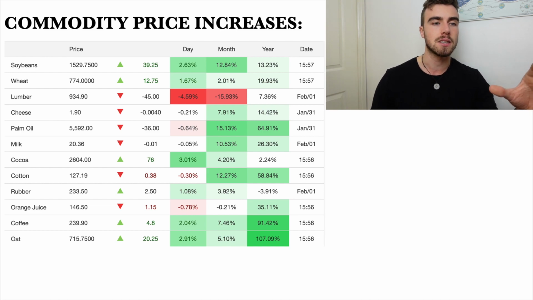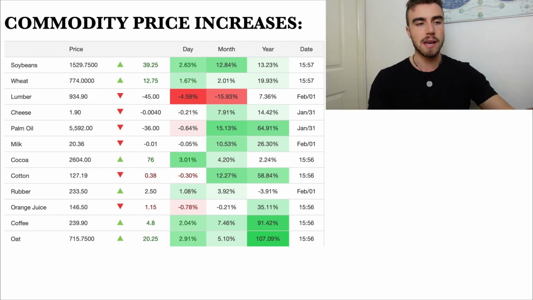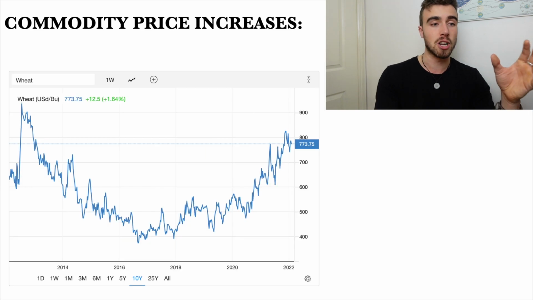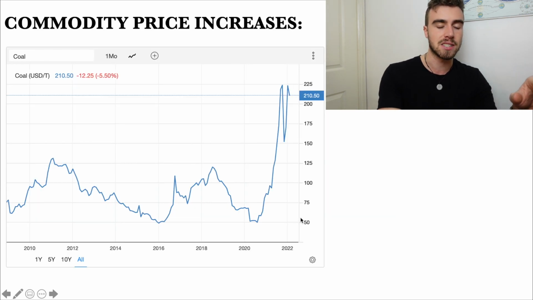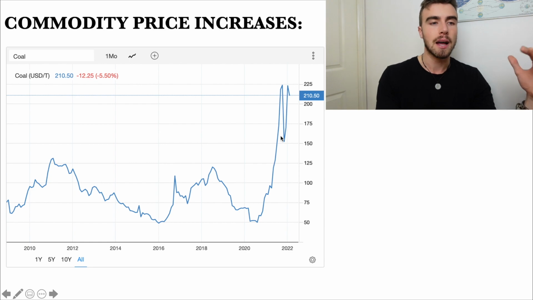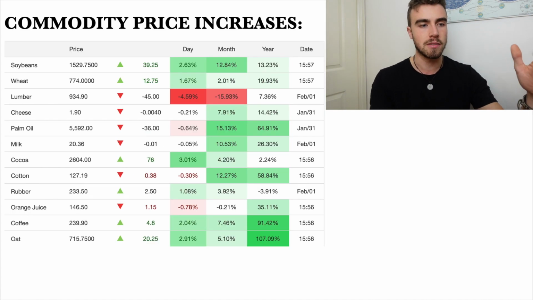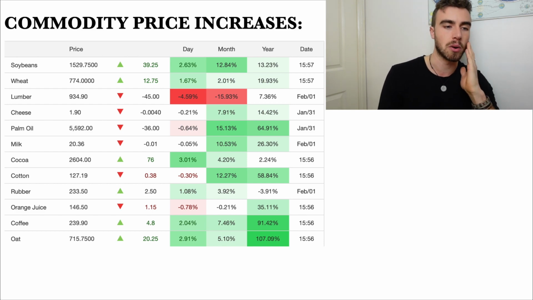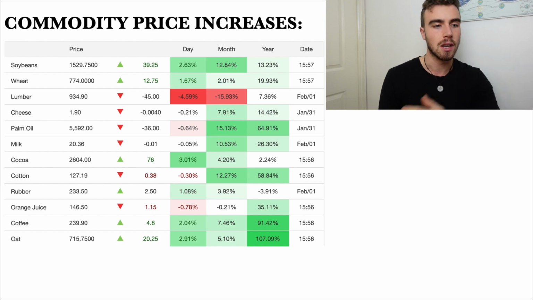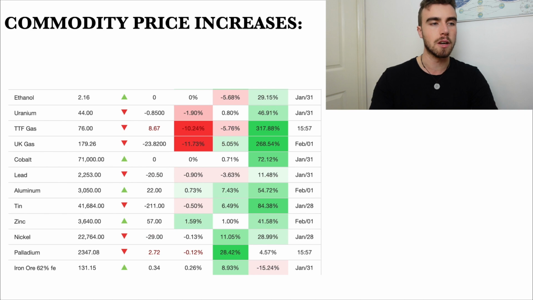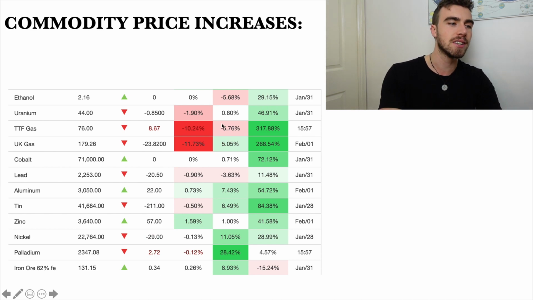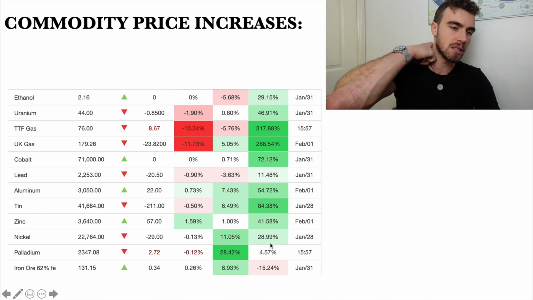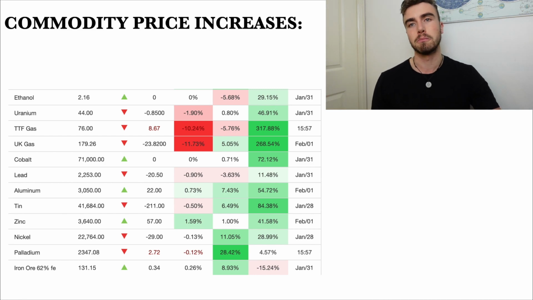But actually, if I'd shown it over the past 2 years from pre-COVID, it would have been much worse. You can see a lot of these commodities had their sharpest increase in 2020, and now they're sustaining those high levels, but most of these commodities are actually growing in price even more into 2021, which is really scary. Like, oats have doubled in price in the last year, coffee. It's across the board. If I show you again some of these industrial metals and gas, you can see there have been absolutely insane price increases pretty much unanimously across the board.